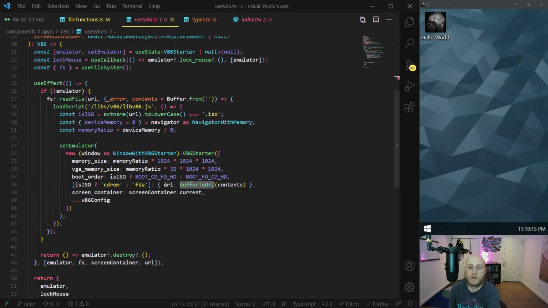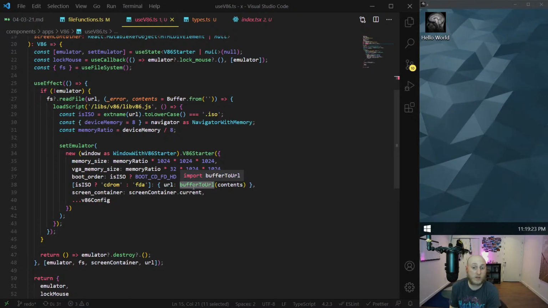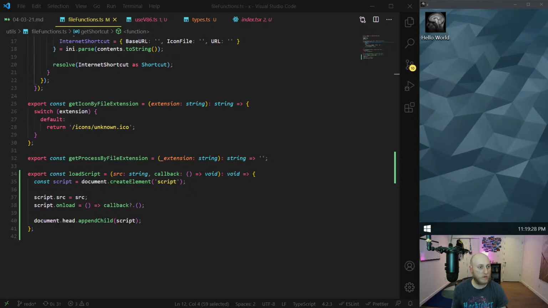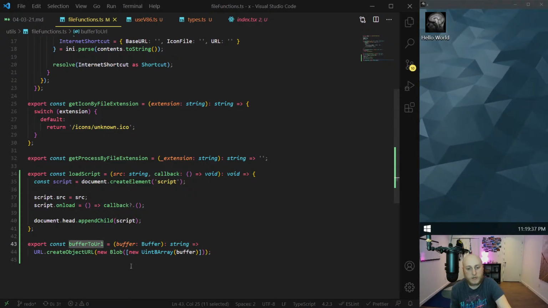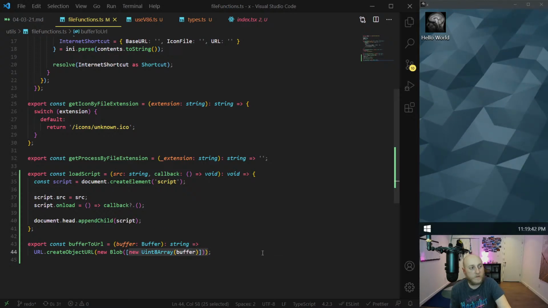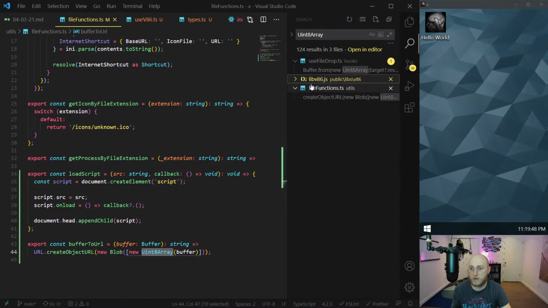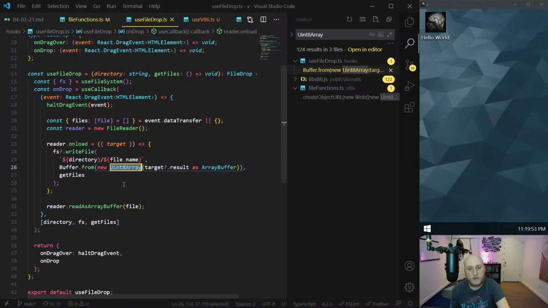So the trick here is that v86 does not accept a file. It only accepts a URL. So we could give a URL, we could give a base64 encoded URL, or we could give this buffer URL. And what is the buffer URL, you ask? Let me show you the function that I've made, because that probably explains it. So bufferToURL basically takes in a buffer, and it does the same kind of logic that I was doing for that other thing, where it converts it to an int array. Where else are we doing this? In fact, was it a buffer in the other scenario? For file drop. Right, so if we assume, yeah, this was an array buffer, and it did the same thing. It turns it into this,